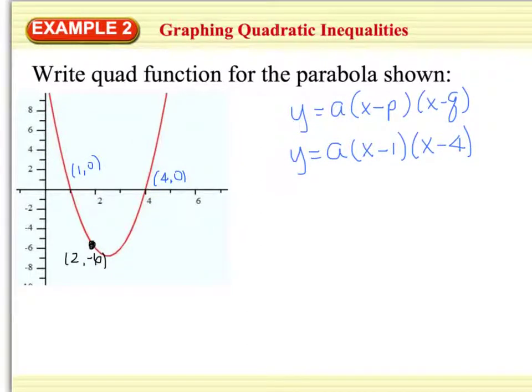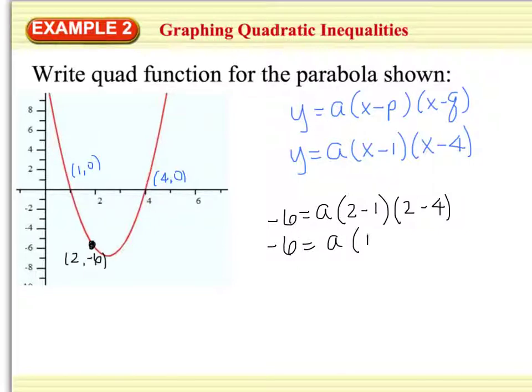I see that we have negative 6 is equal to a times a quantity of, when I plug in 2 for x, 2 minus 1, times a quantity of, again plugging 2 in for x, 2 minus 4. When we simplify, we have negative 6 is equal to a times 2 minus 1, which is 1, and 2 minus 4, which is negative 2. Simplifying one more time, we get negative 6 is equal to negative 2a. To solve for a, we divide by negative 2, and we get a value of 3